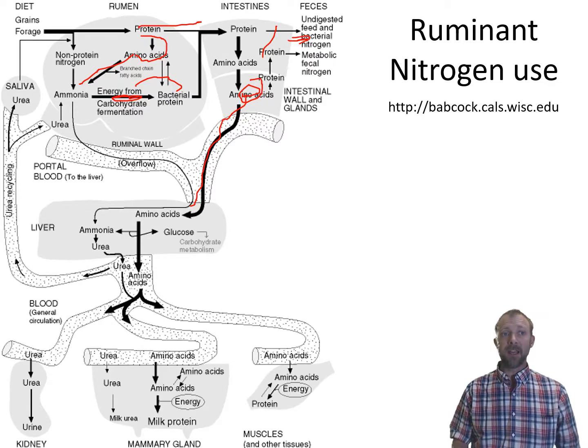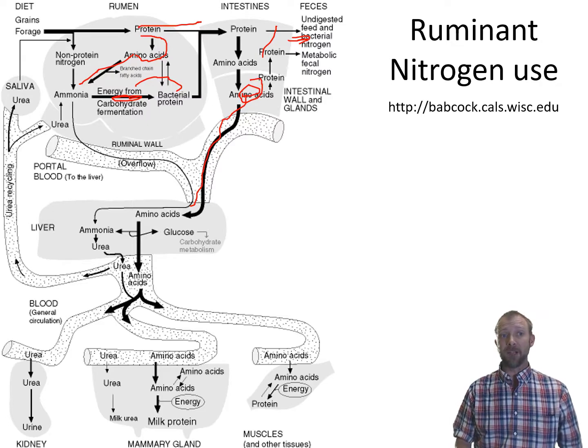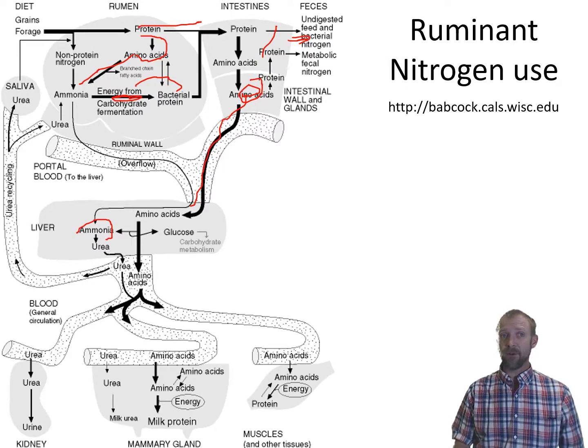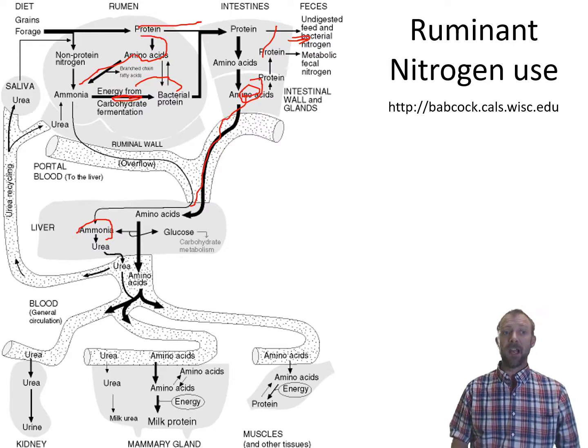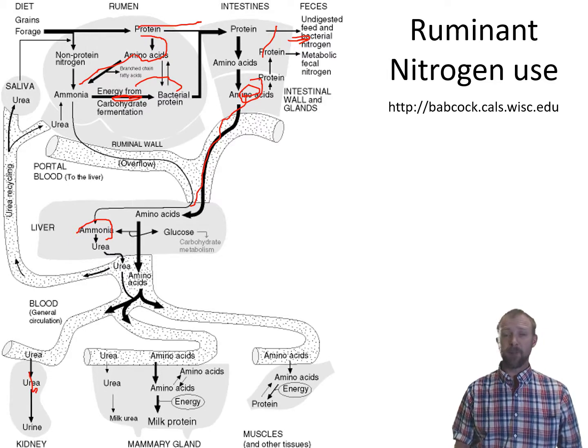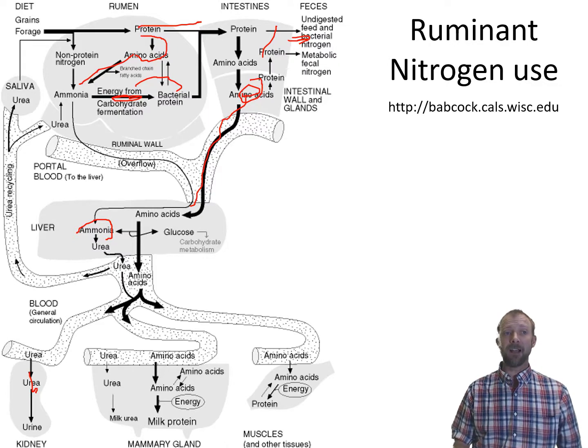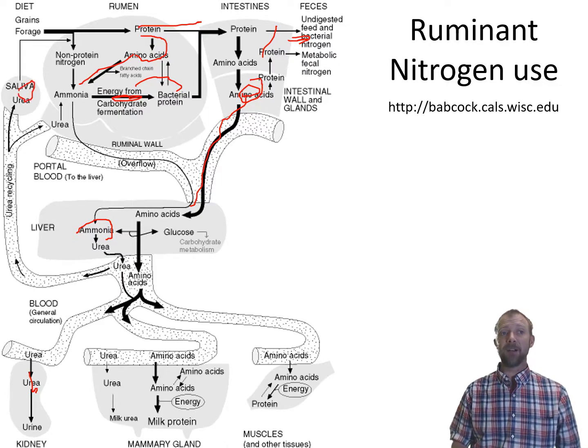So coming back here, if there's way too much nitrogen in that rumen and not enough energy for them to make that bacterial protein, the ammonia will escape as well. When it goes to the liver, it gets made into urea. That urea will have a few different fates, if we could say. It could go to the kidney where it gets urinated out, or it could go to the mammary gland and become milk urea nitrogen, or it can actually be recycled back through the saliva, back in as urea, and come right back into that rumen for a second chance.